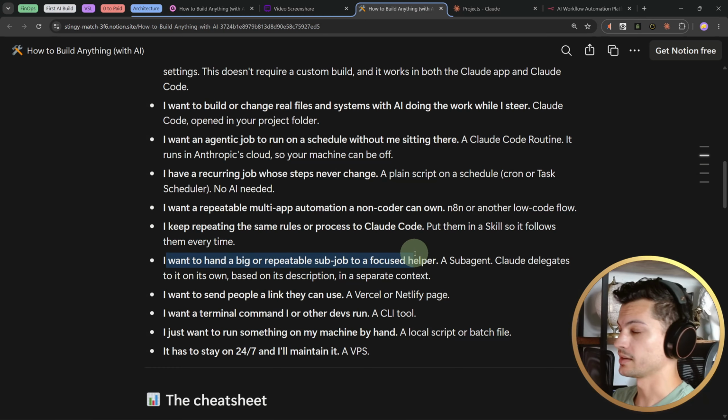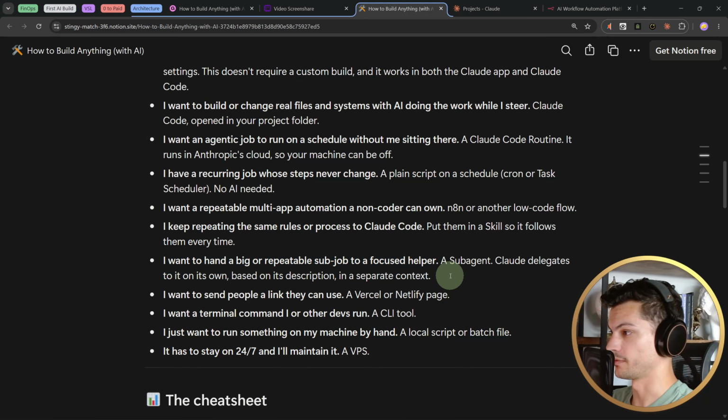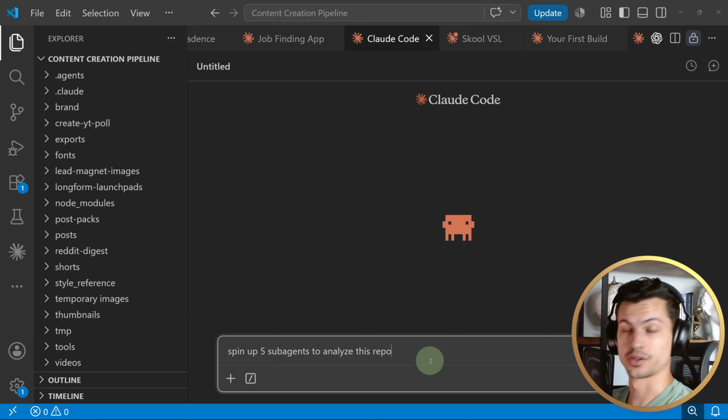Let's say you want to hand a big task to a focused helper. You could use a subagent in Claude Code. All you need to do is tell Claude Code to spin up subagents in plain text. It says I'll spawn 5 parallel agents, and you can see each call with the agent prefix there